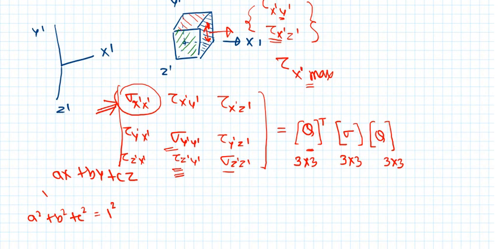Say if it is p squared, not p squared, so divide by p. So you have to make it unit, and if it is not a unit vector, then that value will not be the direction cosine value. Coefficients are not the direction cosine values. So this is the thing which I wanted to share with you, that is how we can transform the stress matrix from one coordinate system to another coordinate system.